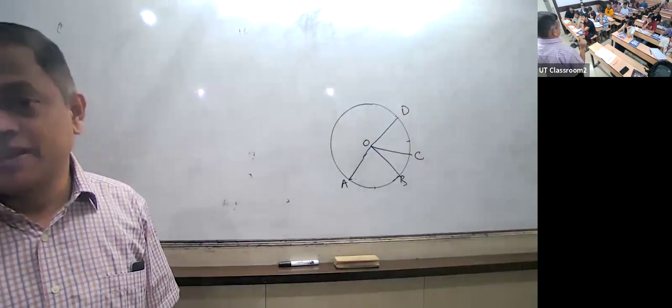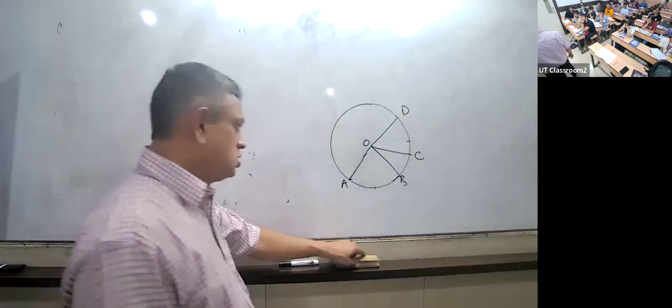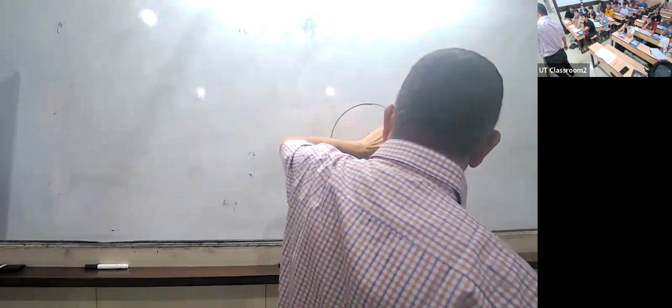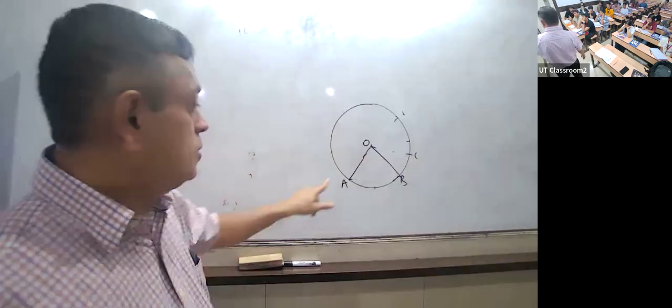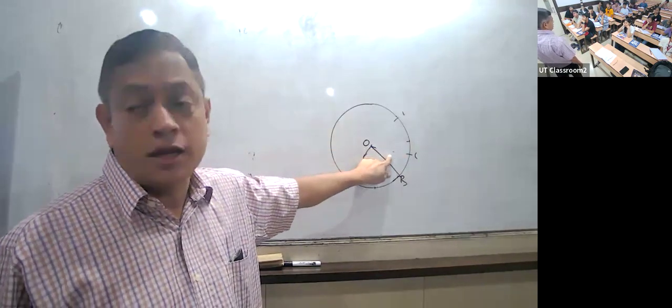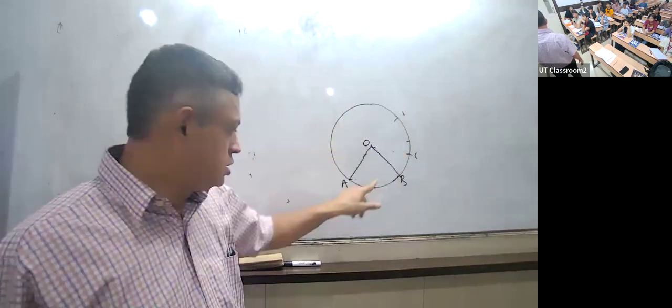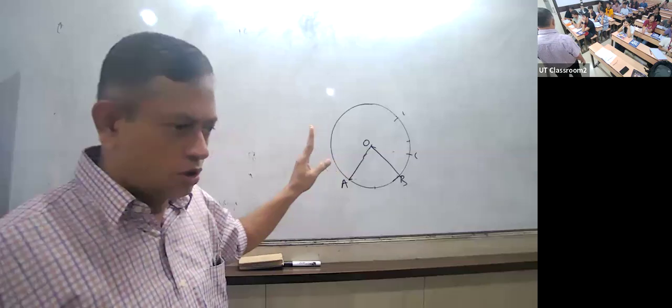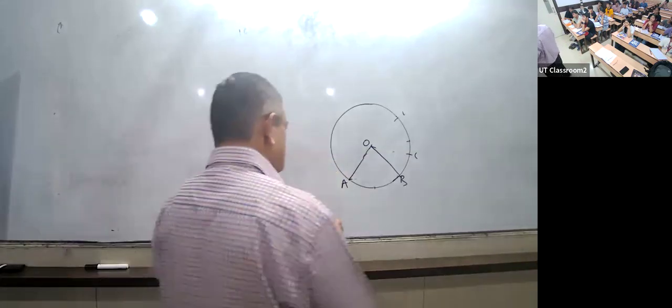Angle BOC, that is for the minor arc. Suppose we see the major arc AB, what is the angle subtended by the major arc AB at the center? This part is called which angle? Reflex angle AOB. The angle subtended by major arc AB is equal to reflex angle AOB. Followed? Now, third one, if a semicircle,